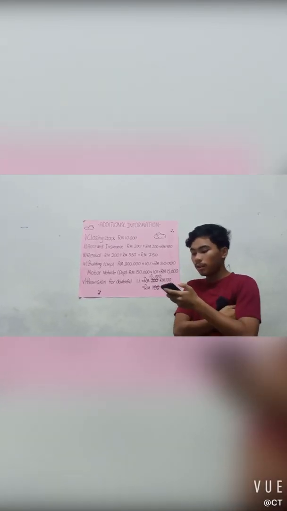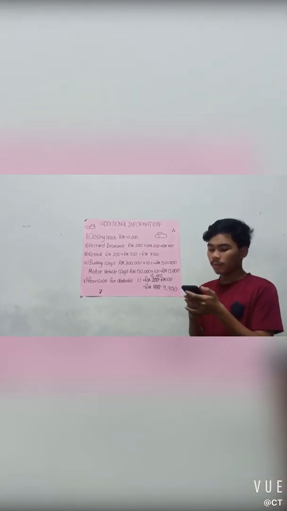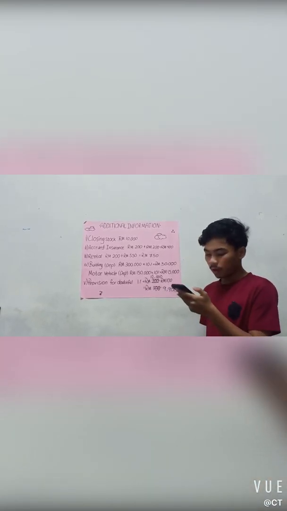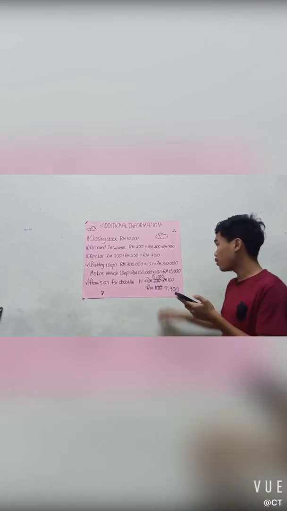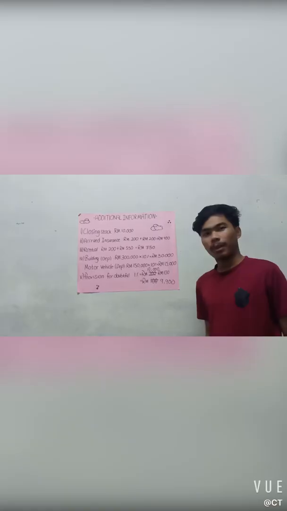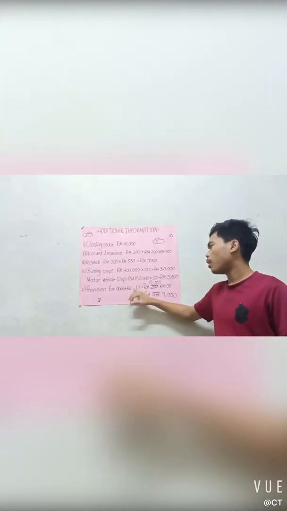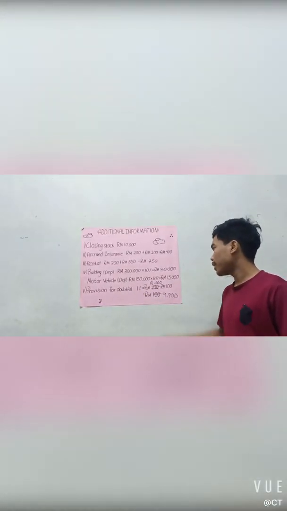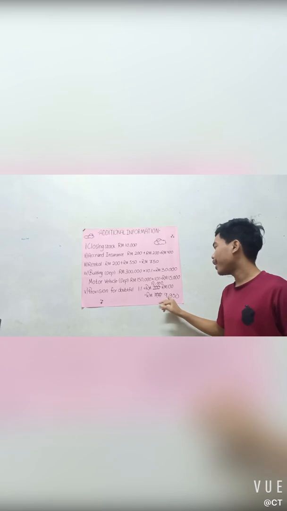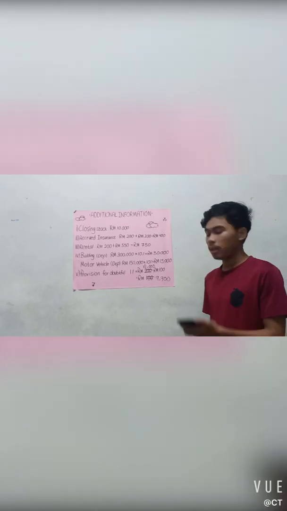The last additional information is provision for doubtful debt, 1% on account receivable balance. This is calculated from the SOFP. The account receivable is 10,000. So the provision for doubtful debt at 1% is 100. So we minus that: 10,000 minus 100 is equal to 9,900. So this is the additional information of